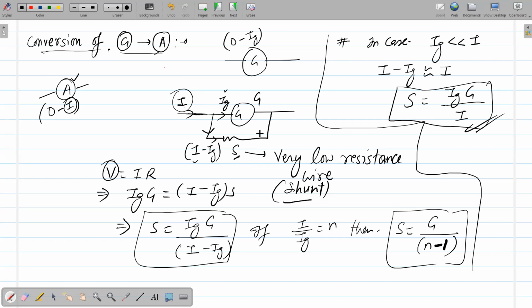Actually I just wanted to tell you one thing, that in a parallel combination, the equivalent resistance which we get is smaller than the smallest value. Is it clear? So that means if you write the equivalent resistance of this ammeter, it will come out lesser than the value of S, obviously. So this is actually, when it is closed in a box, it appears like an ammeter. So if you have a very small resistance, the current range will increase, right? So let us conclude this thing.